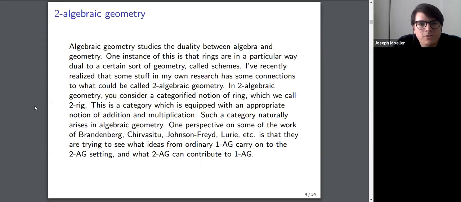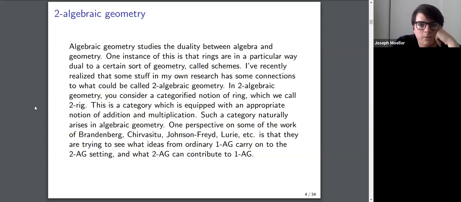To algebraic geometry. So algebraic geometry studies the duality between algebra and geometry. And one of the main ways that it does this is by saying that rings are dual in a certain way to a certain type of geometry called schemes. And I've recently been realizing that this stuff connects to my own research,